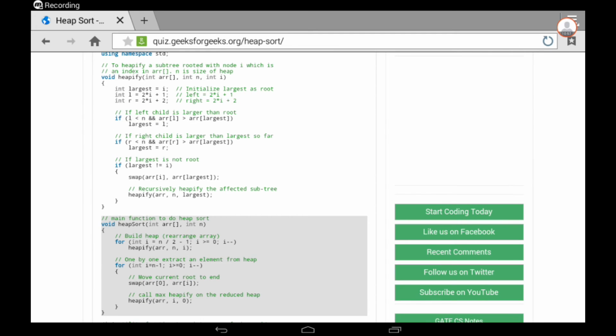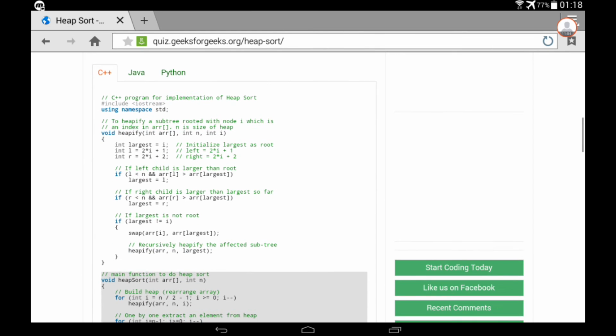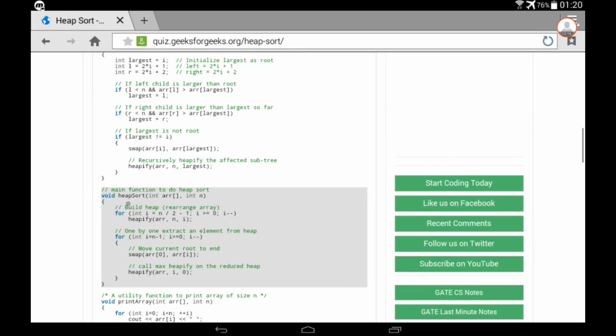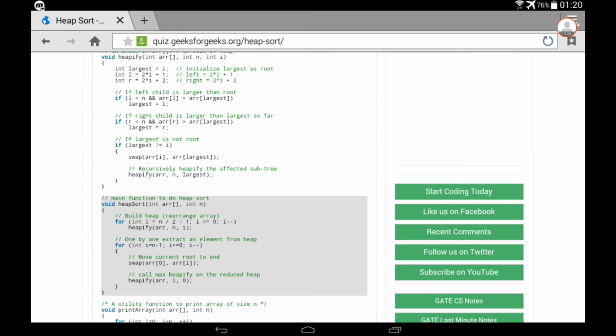And now I'll be talking about the code of heap sort. So this is just a C++ code that I found on this website. This is heap sort. So this is where the algorithm starts. It starts with the build heap. So the algorithm is essentially trying to build a maximum heap. So first we'll try to build that complete binary tree, and then it will start shuffling, moving the largest element to the root node. So you can see that's where it calls the heapify function,